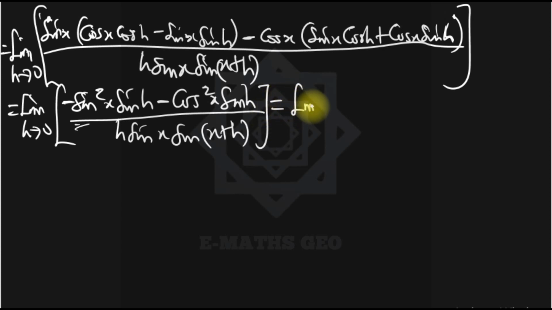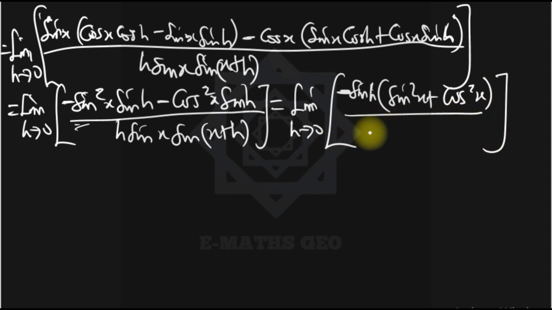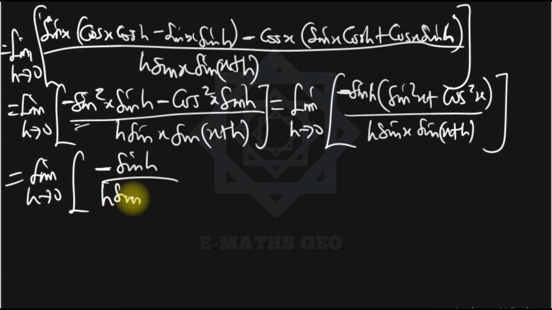So which is equal to the limit of h tends to 0 of, if you notice we have a common term here, you can bring out minus sine h. So we are left with sine squared x plus cos squared x over h sine x sine(x plus h). So we now have the limit of h tends to 0 of, if you remember, sine squared x plus cos squared x is 1, so we're left with minus sine h over h sine x sine(x plus h),